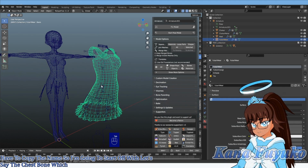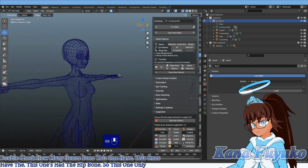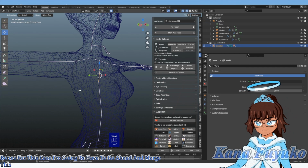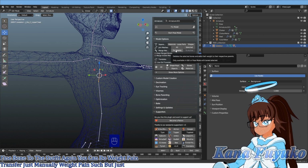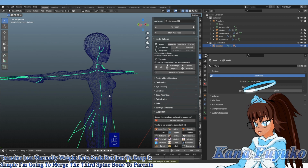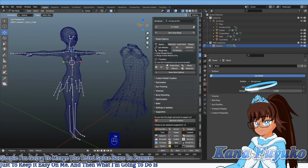I'm going to double check. How many bones does this one have? This one has the hip bone. So this one only has 2 spine bones for this case. So I'm going to have to go ahead and merge this. You can add a 3rd spine bone to the outfit. Again, you can do weight paint transfer or just manually weight paint and such. But just to keep it simple, I'm going to merge the 3rd spine bone to parents just to keep it easy on me. And then what I'm going to do is take the upper spine bone here from the Vroid